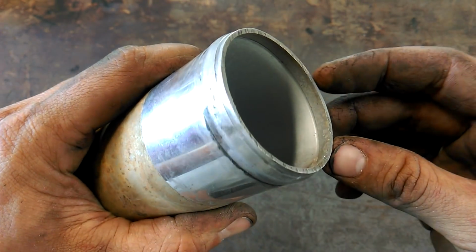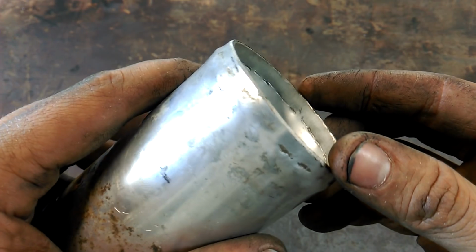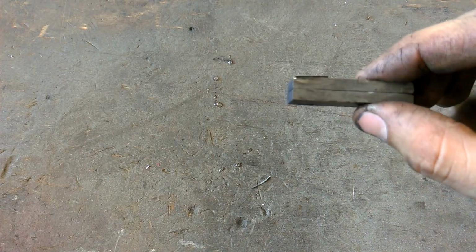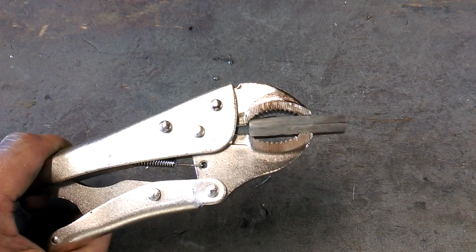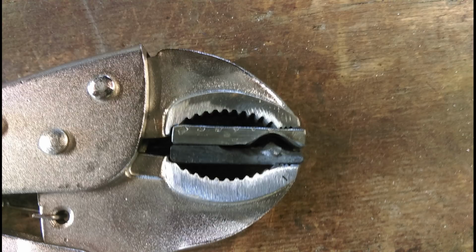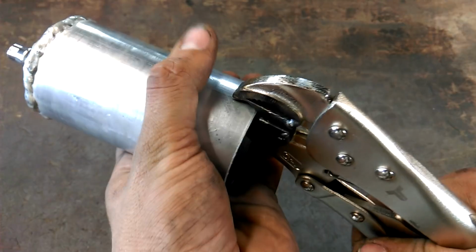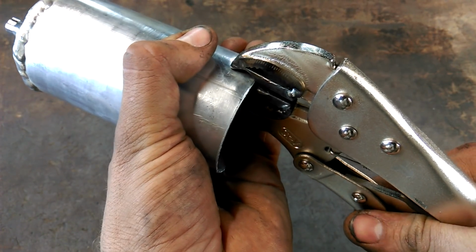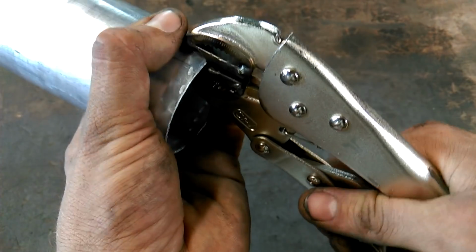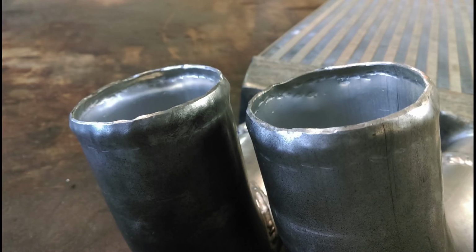Next, I need a bead rolled in the end of these pipes. This one was done properly with a bead roller, which I don't have. I have had success before with a small chisel and a hammer, but it's a little bit barbaric and I think I can do better. Okay, it's only slightly better than the hammer method, but I've done the same to the ends of the intercooler